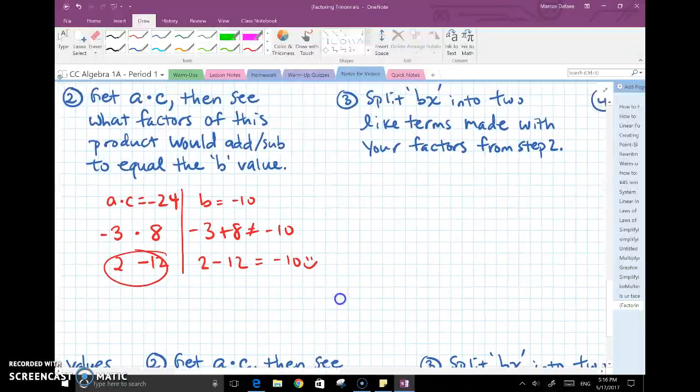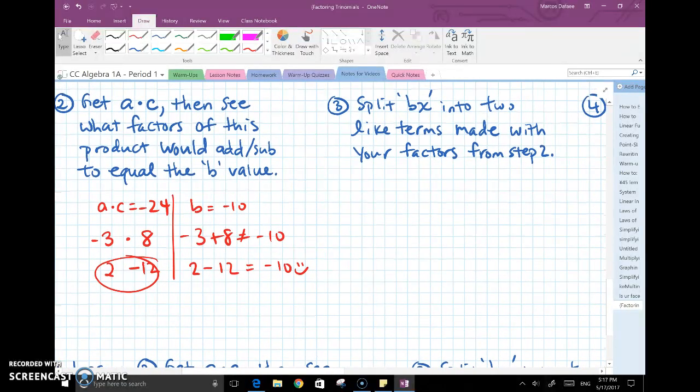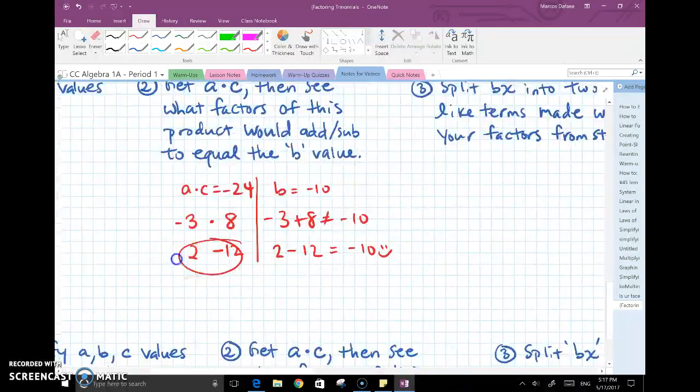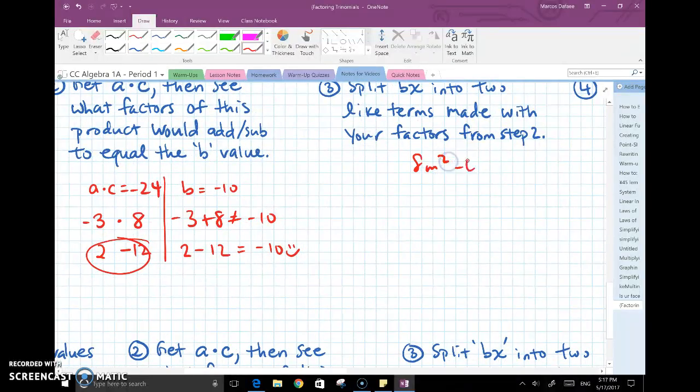and that takes me to step 3. Now, step 3 says split the middle term into two factors which combine to create it. Now, our expression was this: 8m squared minus 10m minus 3. That middle term will get split into the two numbers that we just created, 2 and -12. And I'll write -10m as a combination of -12m and a positive 2m. And then this 8m squared comes down, this minus 3 comes down,